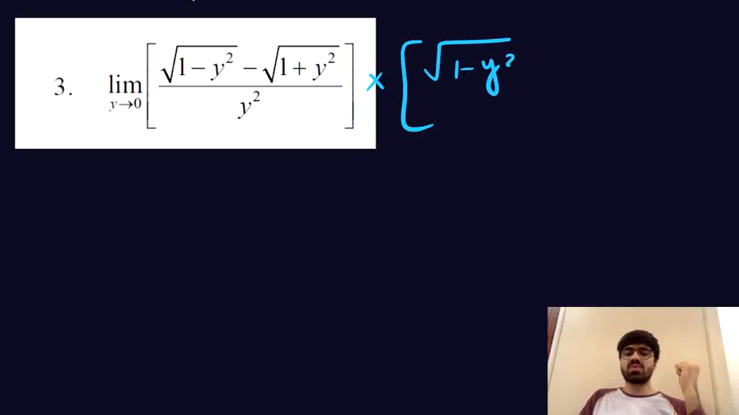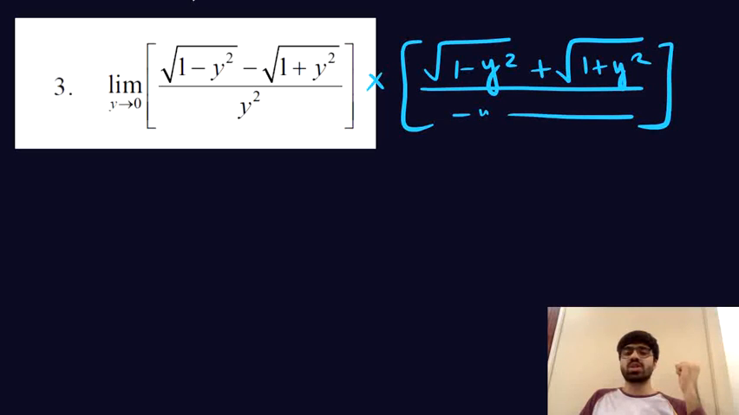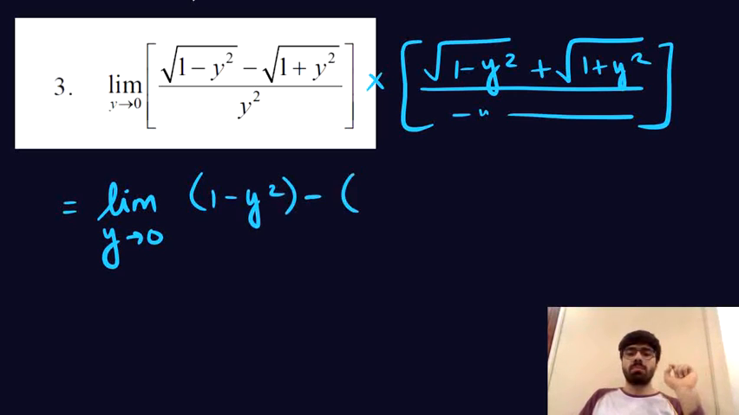So root 1 minus y square plus root 1 plus y square, the whole thing divided by the same very expression. So in the numerator you have a plus b into a minus b. So that will make it a square minus b square. So if you open up the brackets, it will be 1 minus y square minus 1 minus y square,